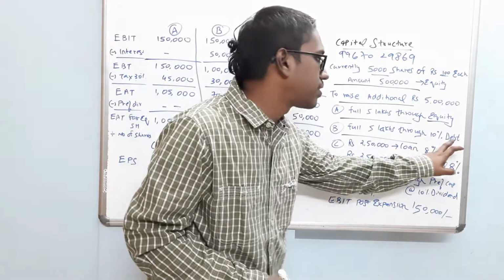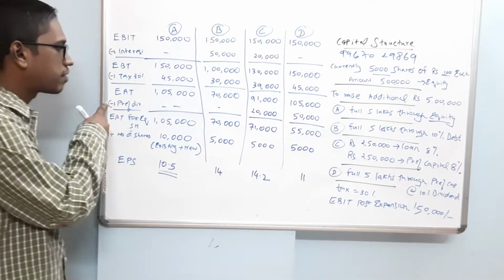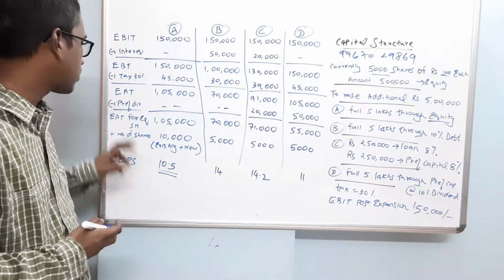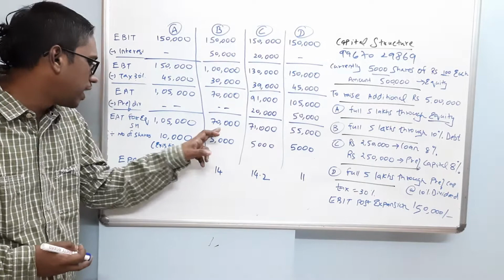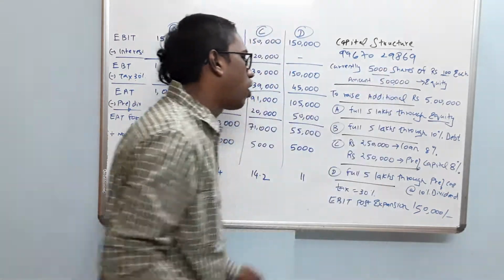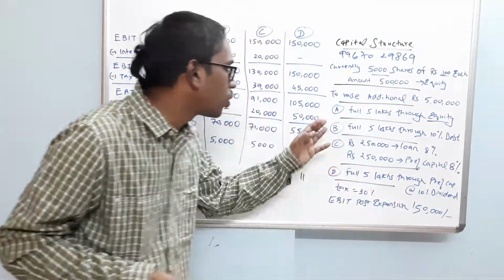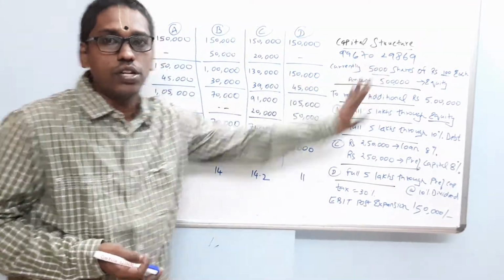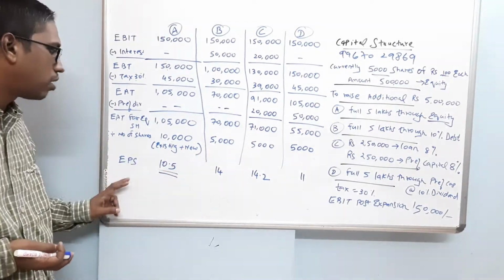Since we are borrowing, since it is debentures and there is no preference capital involved, preference dividend is again nil over here. So what is the amount available for equity shareholders? It is 70,000. Now this 70,000 you will divide by the number of shares. The number of shares will be the current 5,000. In option B, there are no new shares issued. It's only debentures. So when there are no new shares issued, the number of shares will be the same as existing, that is 5,000. So this 70,000 I'll divide by 5,000, which will give us 14 rupees of earnings per share.